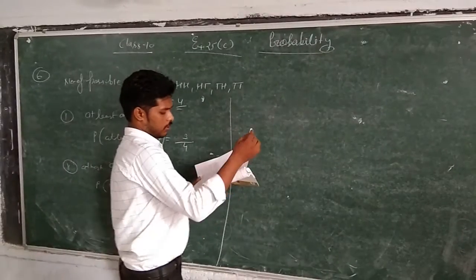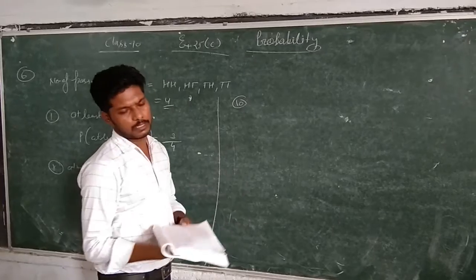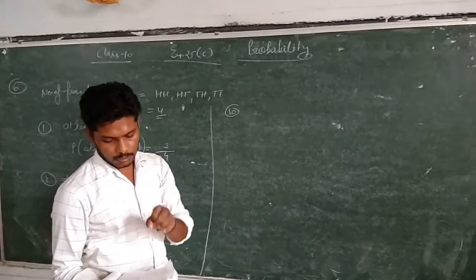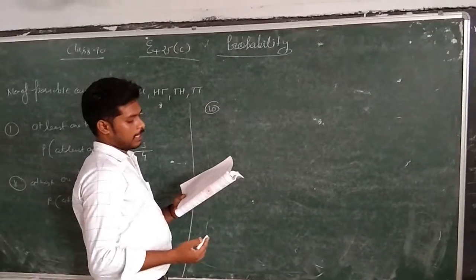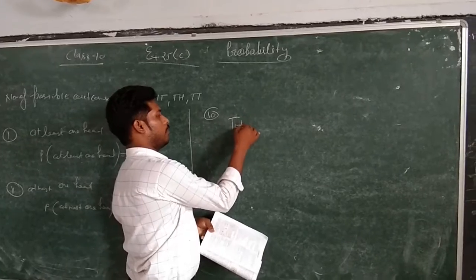Now the question number is 10. The rest are similar questions you have studied in exercise 25A and 25B. You will find all the remaining questions which I have left in them. So now question number 10. In a bundle of 50 shirts, it means the total number of possible outcomes.